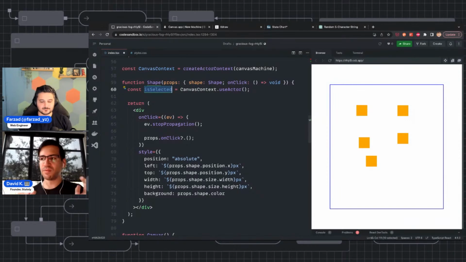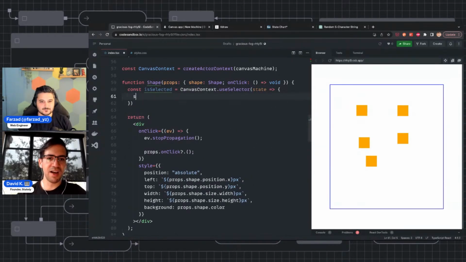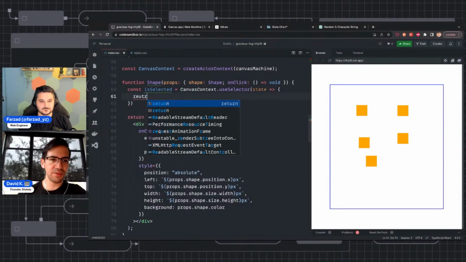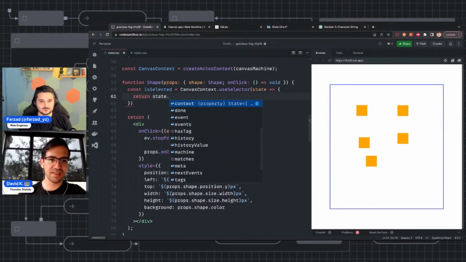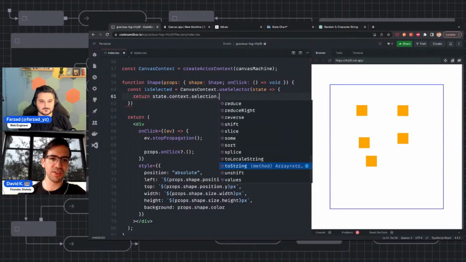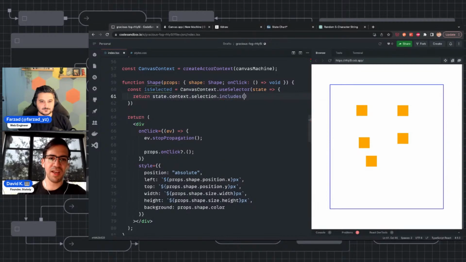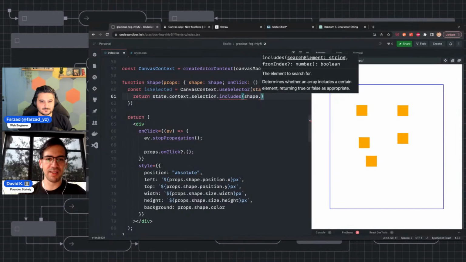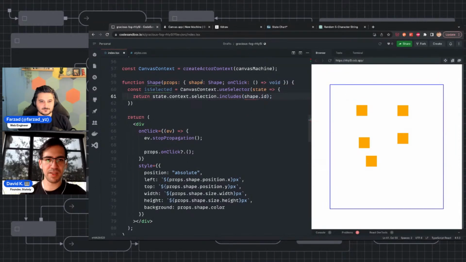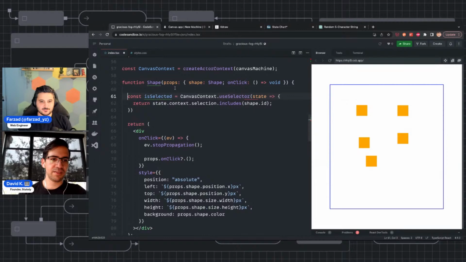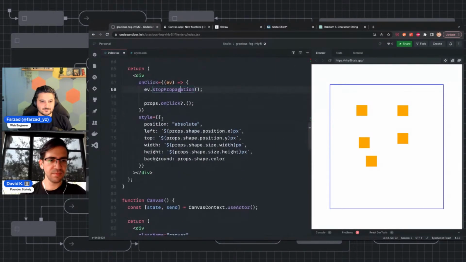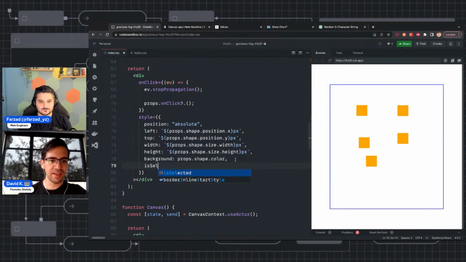So not source of truth state, but derived from your actual machine. So I'm going to use a selector. Yeah. And so we're going to say return state.context.selection.includes, and we're going to see if it includes the shape.id. So seems pretty simple. props.shape. Yeah, const shape equals props.shape. And so now we could say